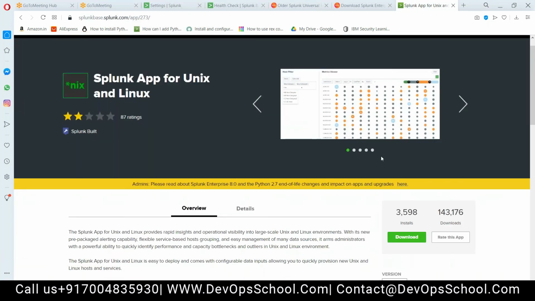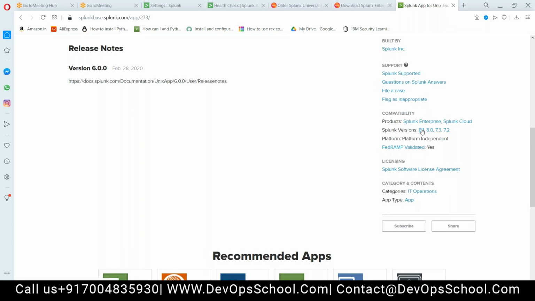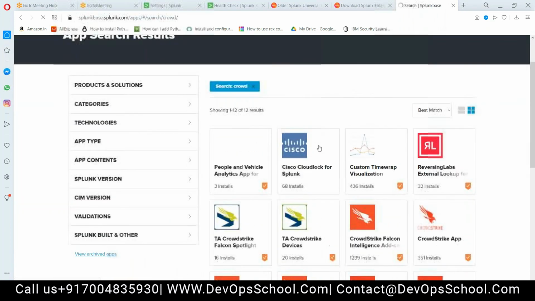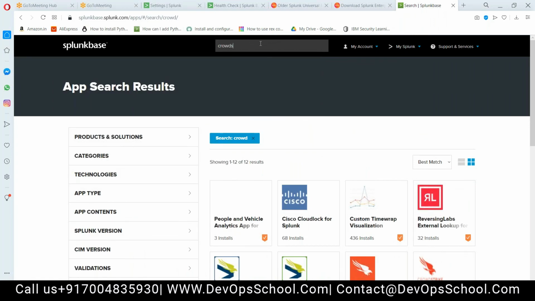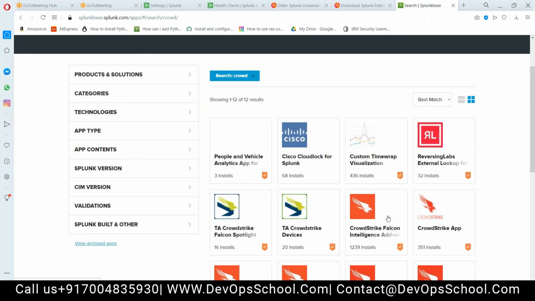Okay. Now coming to the prerequisite, what I'll be doing, I'll be checking this thing here: the Splunk version it is supporting. Is it supporting the current version, Splunk 8.1, or not? So the app itself, let's say I want to install CrowdStrike. Is CrowdStrike going to say whether it's supported by that version or not? Right. It will show which one. CrowdStrike, it is not showing me. That one with the bird down there, the red one. This one, I think so. Yeah, app is this one.